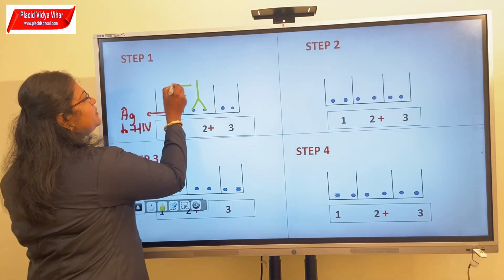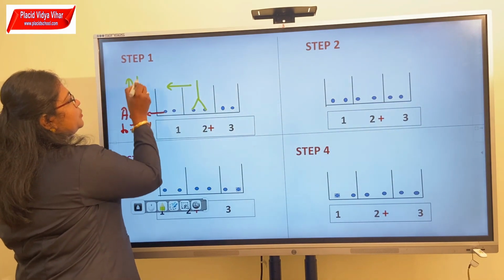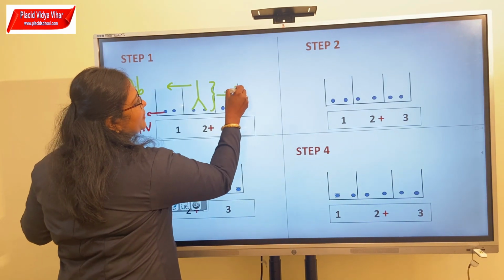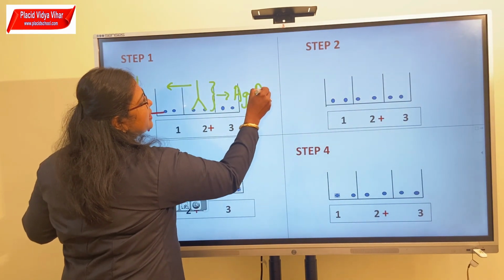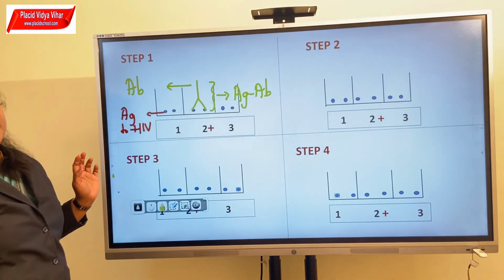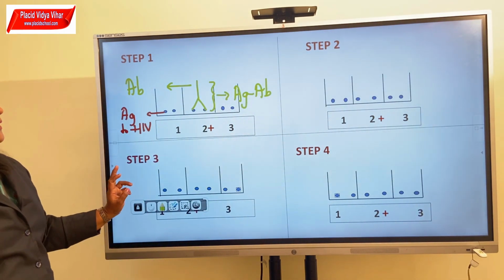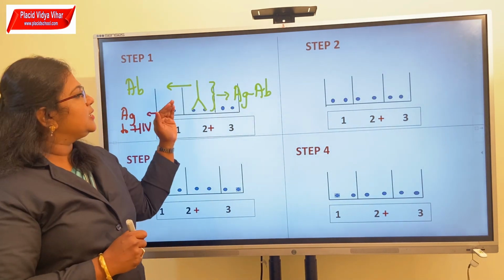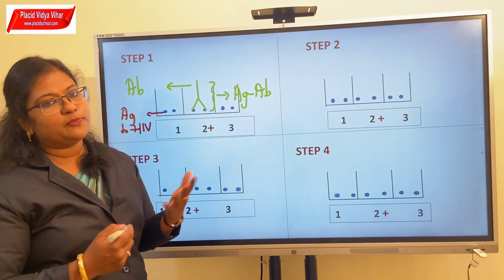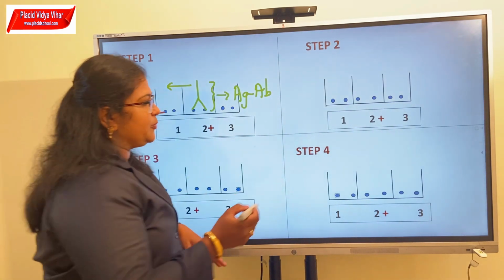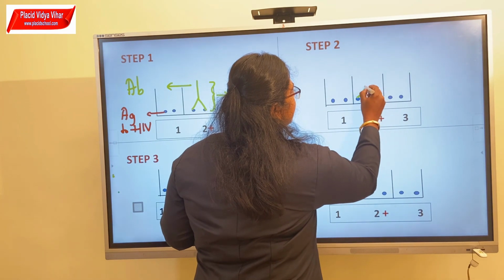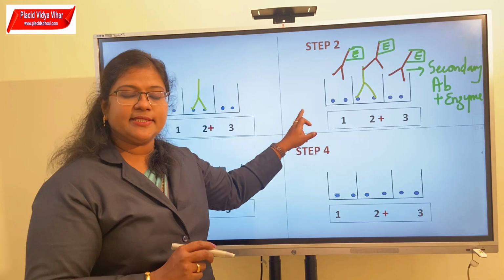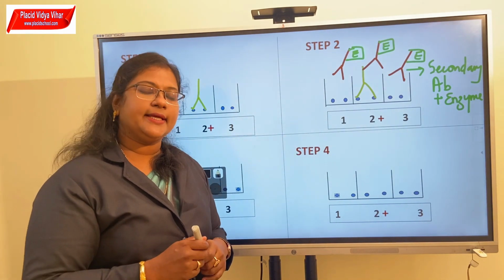So here we have the antibody bound to the antigen, and this complex is known as antigen antibody complex. So in the well which is positive, we will have antigen antibody complexes. Then as step 2, we will add some molecule to detect this complex, because it is not detectable. We cannot see the antigen antibody complex. To detect the primary antibody, we will be adding a secondary antibody.